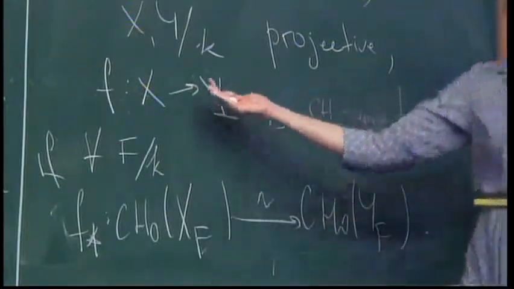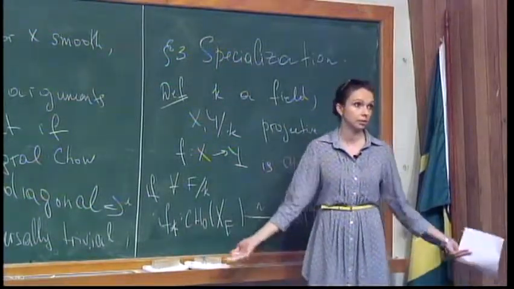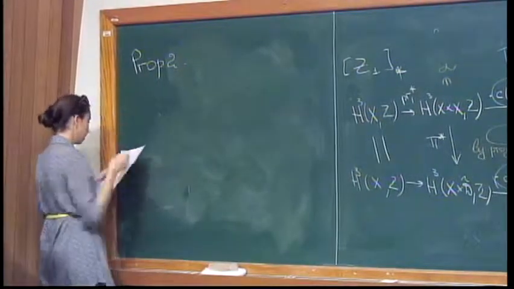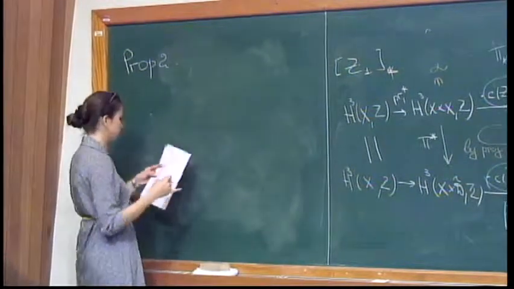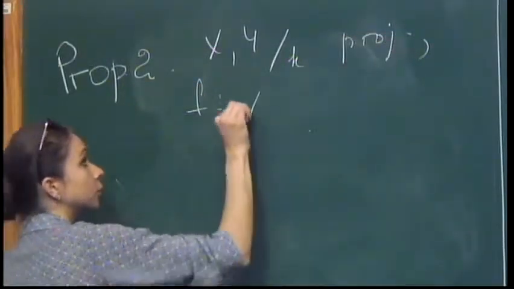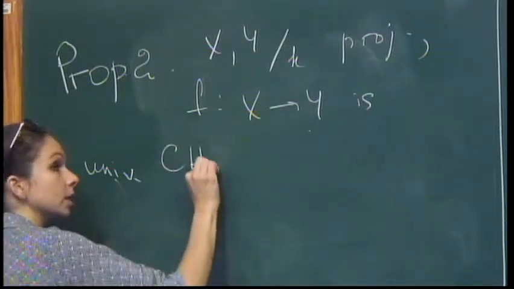Now, when we have such a situation, you may wonder how to relate the property for X, the total space, with the property of the fibers, as in the previous talk. So let me tell you the proposition. Everybody could see if I write here? Yeah, okay. So in the situation of the definition, X, Y over K projective, and f from X to Y